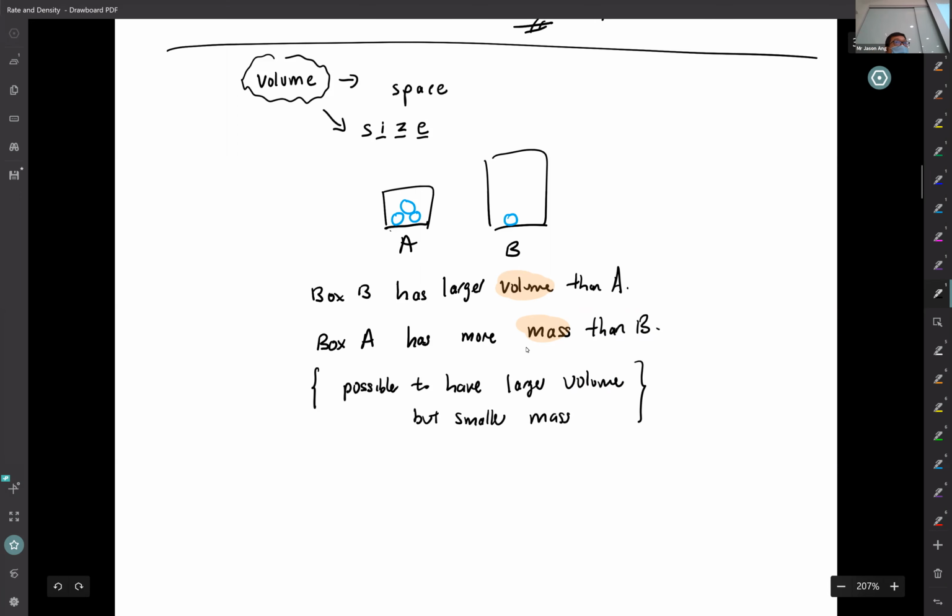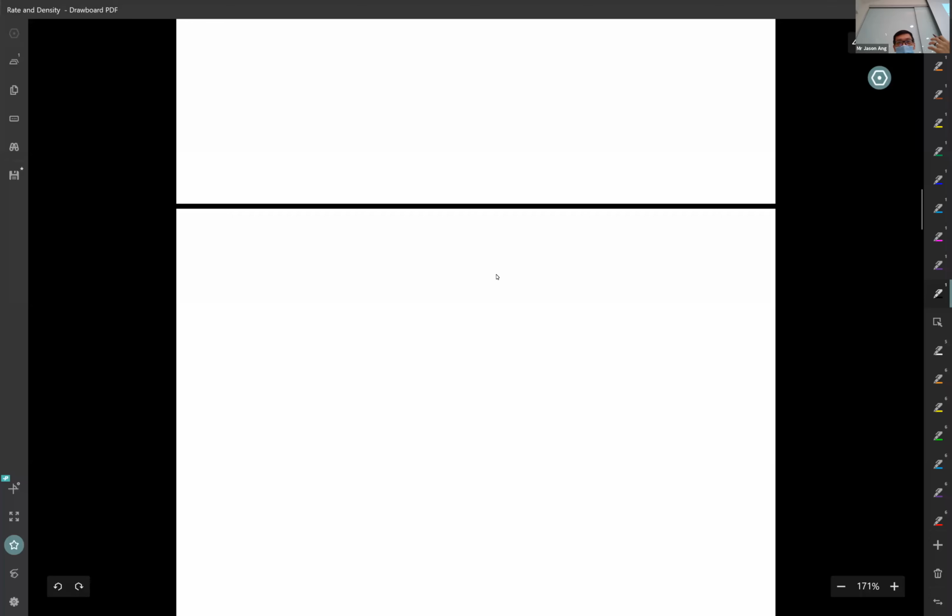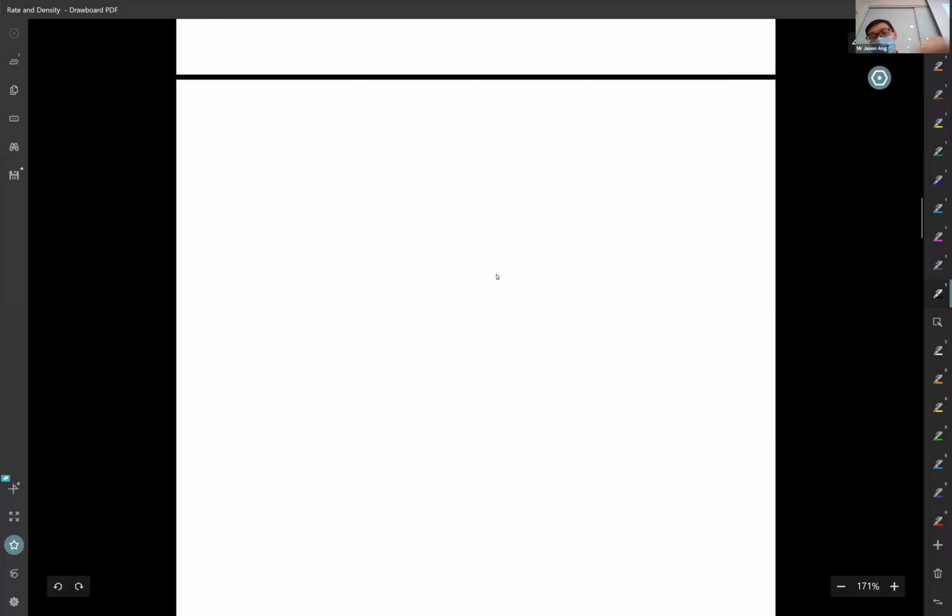This is the example I mentioned. My student felt cheated about the potato chips. He bought a pack of chips, it looks big on the outside, a lot of size. But when you open it up, the mass inside is actually very small. Can you understand this? Okay, 2 different things. Copy this now. Make sure you understand what volume is. Okay, it's space, it is size.